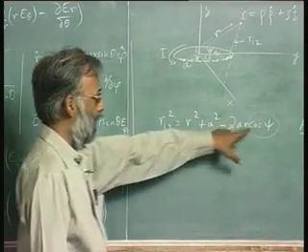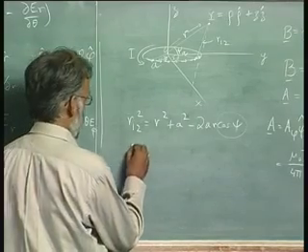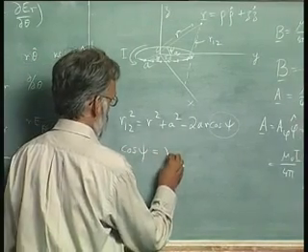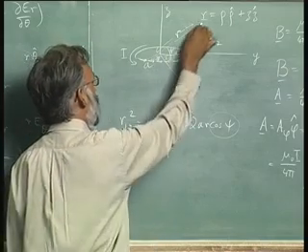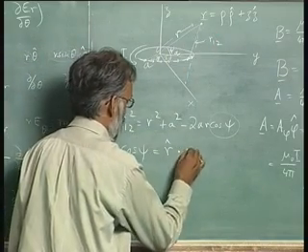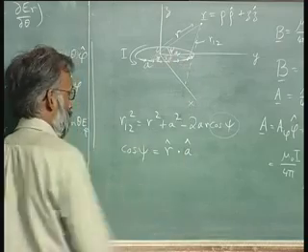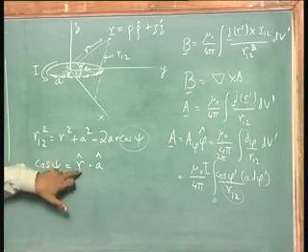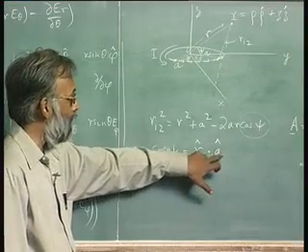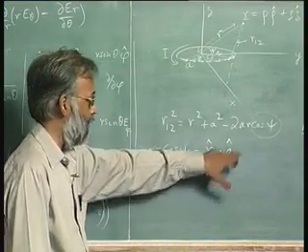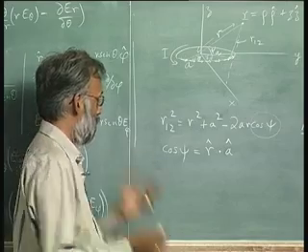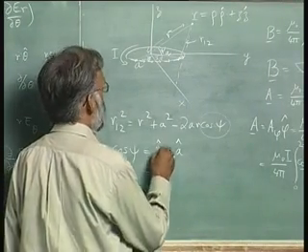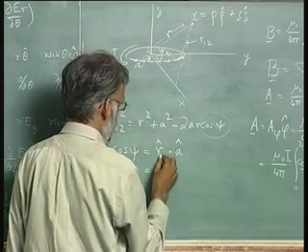So, in order to calculate cos phi, I am going to say cos psi is equal to unit vector along R dot unit vector along A. I know that, because if I take the dot product of these two, it is magnitude of this unit vector times magnitude of this unit vector times the cos of the angle between them. Let me write down what these are. This r hat is nothing but